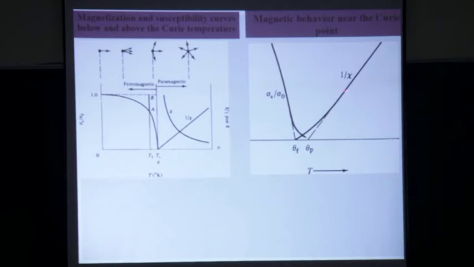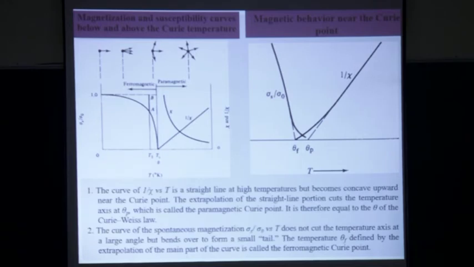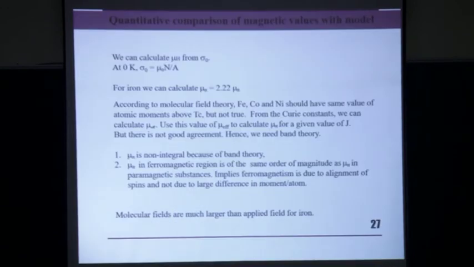So the Curie temperature will be here where the ferromagnetism and the paramagnetism meet. There are some details. I don't want to spend time on this because I want to move forward to the other parts of the course. So now comes the point which was just asked. I knew I was going to answer, so I waited till this slide. So what is the magnitude of this molecular field?